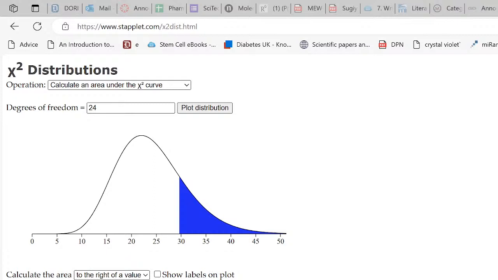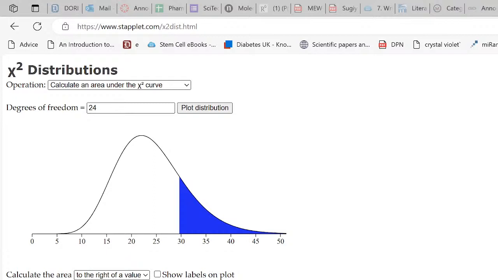So, going to the original problem, find the probability that the ratio of the two variances exceeds 5. Well, this is the thing that has the F distribution. So I've got to multiply both sides by 64 over 125. That becomes an F, and that becomes 64 over 25. And the 25 is divisible by 5. Now, let me go over to the applet. The degrees of freedom were 8 and 10. The sample sizes are 9 and 11, so it's 8 and 10.